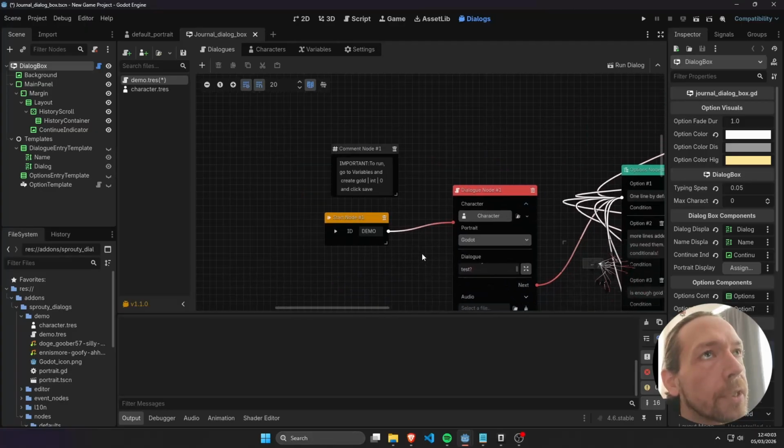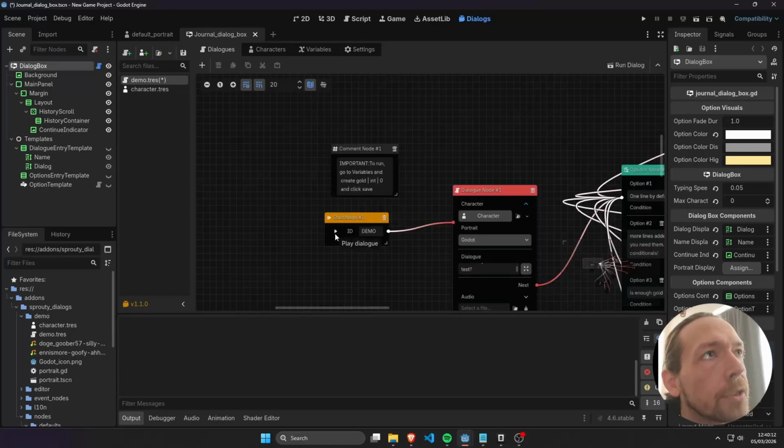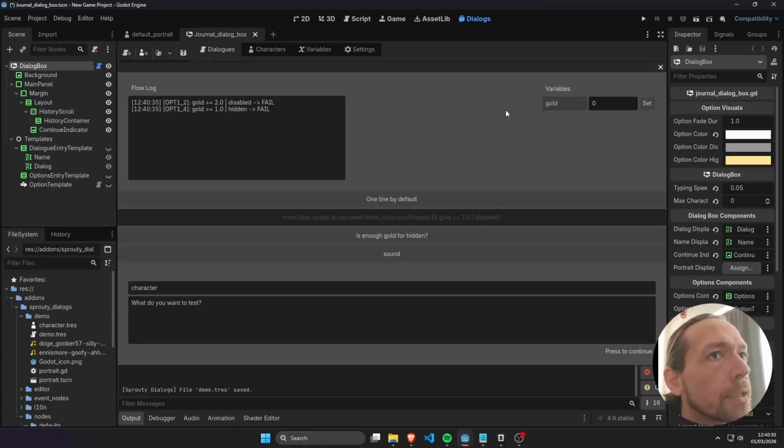I've also created this alternative debugger. If you turn it off when you run a scene, you will get the normal in-game scene. If you turn it on, you will instead get this alternative window that is in the editor itself. So it won't show the portraits or your full interface, but instead it will show you what variables are in play in this particular conversation. So here we see at the beginning of the conversation, gold is set to 0. And then when I click this option,